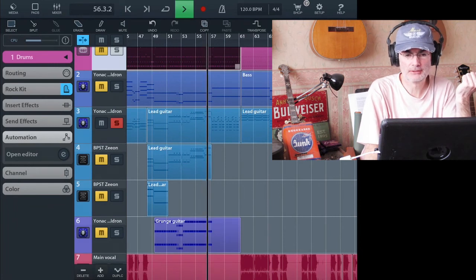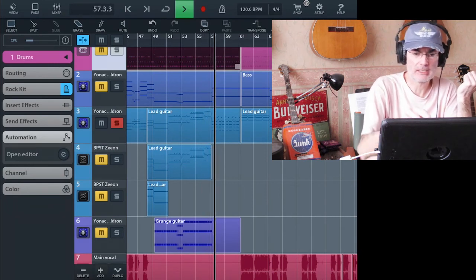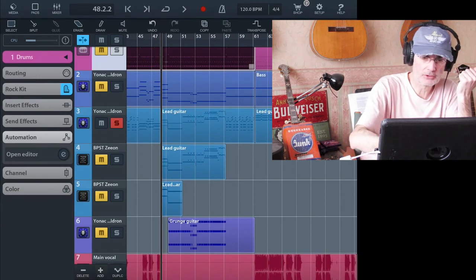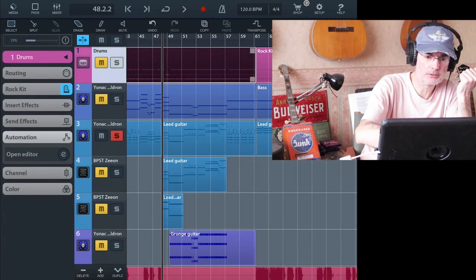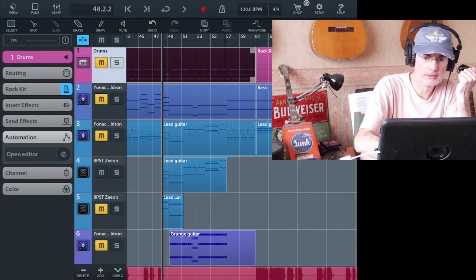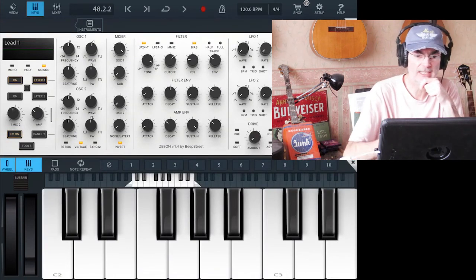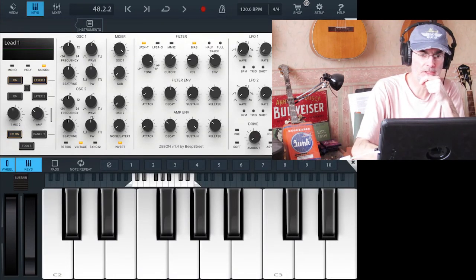It's not bad. It doesn't really stand out. So I've gone in and I've chosen to use Xeon to do that, and a preset I've chosen called Lead 1 from the Xeon library,